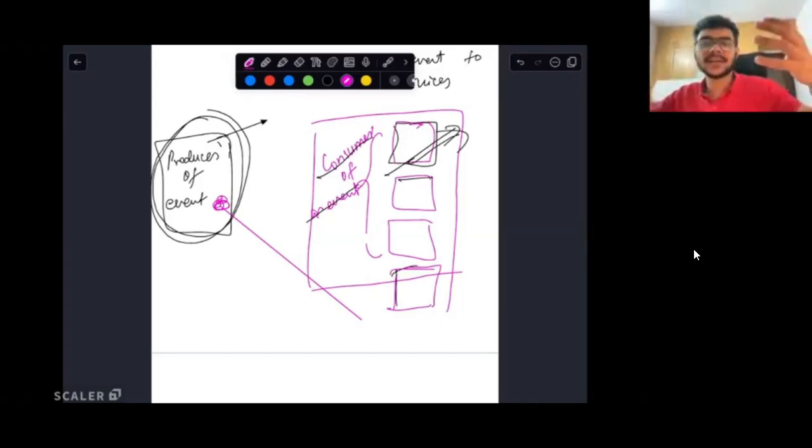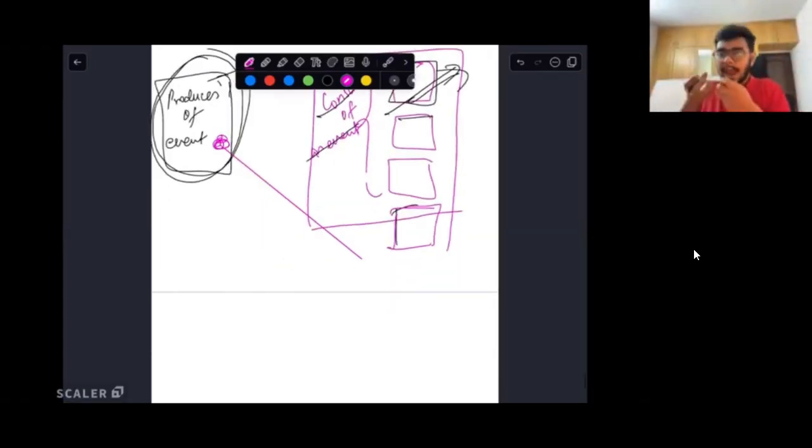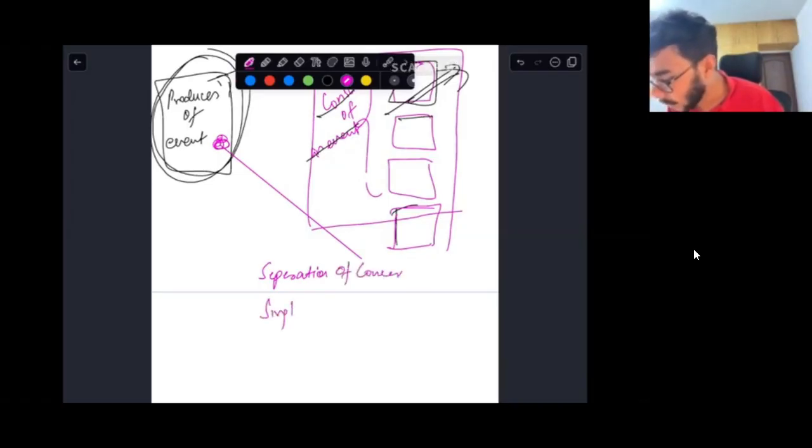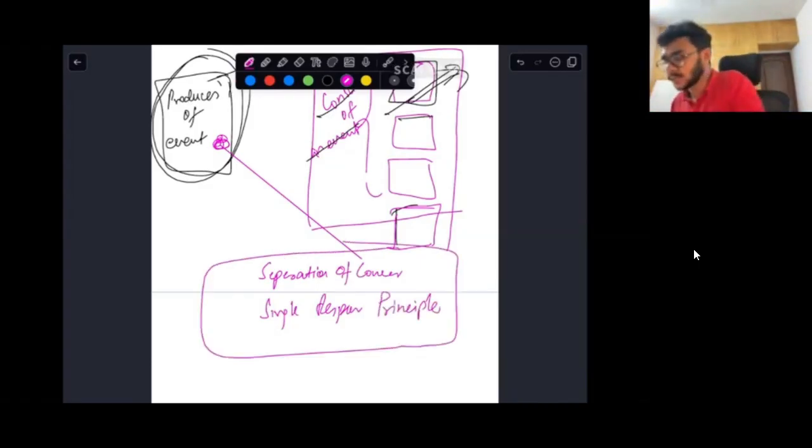Some of you may have studied it in the LLD module. Some of you who have not studied it, you have common sense. You can figure out that in software, when you want to add a feature to one class, you try to design it in some way that another class does not get affected. Or if it gets affected, there are minimal changes that have to be done over there. I hope each one of you knows this is called separation of concerns, or you can call it the single responsibility principle. Is everyone on the same page with me with respect to these two terminologies?